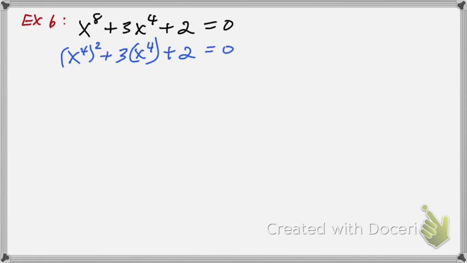Now take a look. This 2 right here, the exponent right here, and then this one has an exponent of 1, understood. That's quadratic. That is a quadratic equation, if you look at it like that,